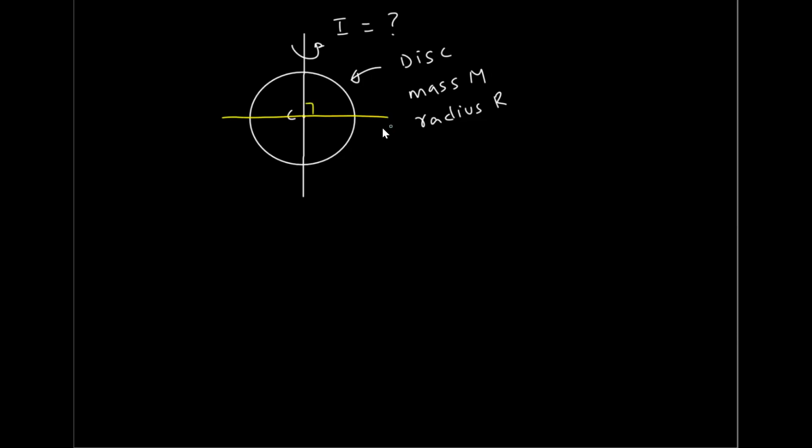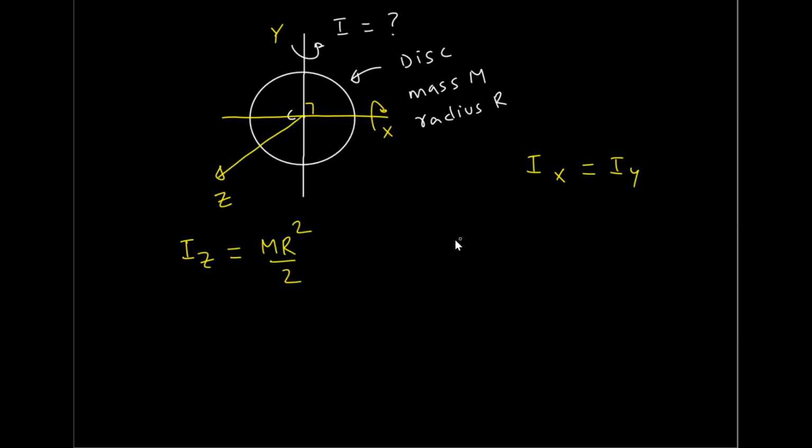Okay, so I'll call this x-axis and this y-axis. Now, as long as I'm taking an axis along the diameter, can I say that I'll get the same moment of inertia? Ix will be equal to Iy. It doesn't matter if I rotate like this or like this, I'll get the same answer. But if I have an axis perpendicular to the disk and passing through the center of mass, let's say that is our z-axis, and then we know the moment of inertia for z-axis, which is mr square by 2.